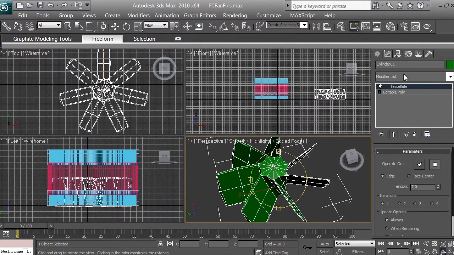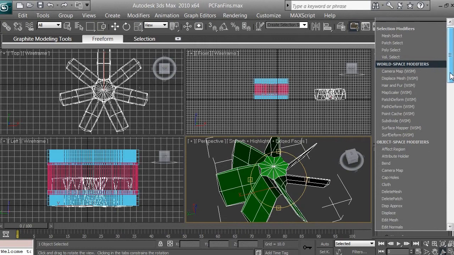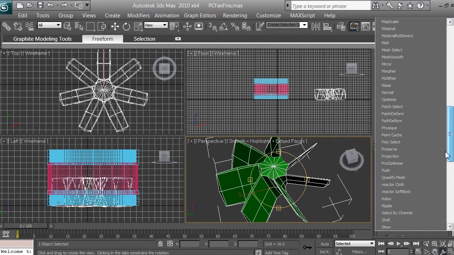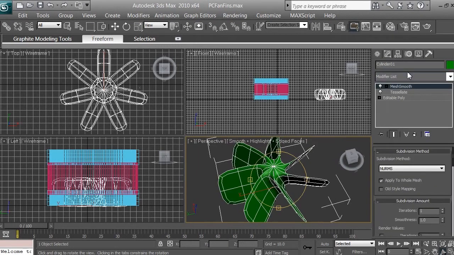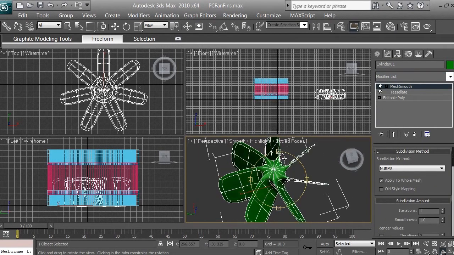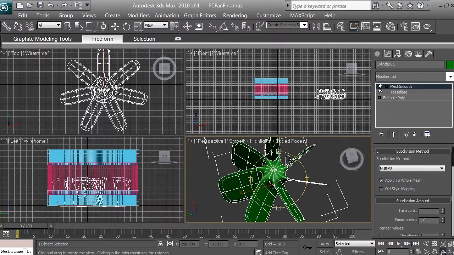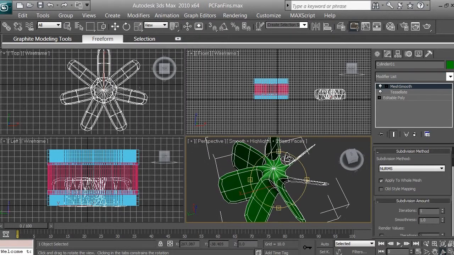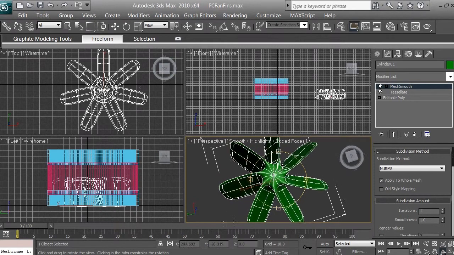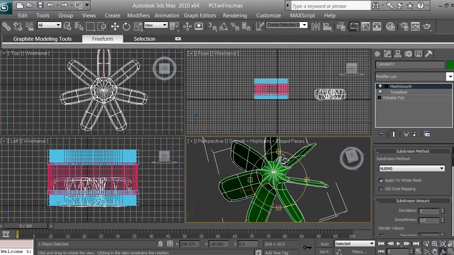Okay, and modifier list, click on modifier list and find mesh smooth. This guy right here, it's saying mesh smooth. Click on it. You can see we smooth it a little bit, and that's just perfect. That's what we're looking for. We want to make it like this kind of fence. Don't worry about the base of where we extruded our cylinder. It can be like this. We're going to fix it later on, and I'm going to show you. We're going to just create another cylinder as we discussed, and we're going to place it into that